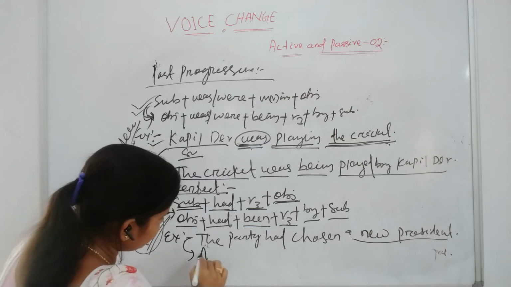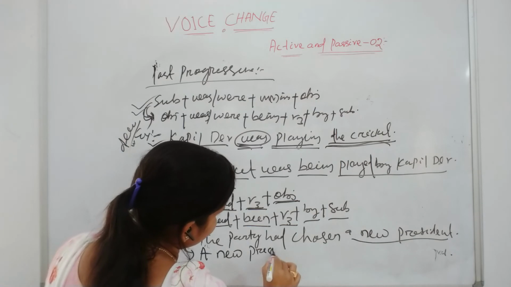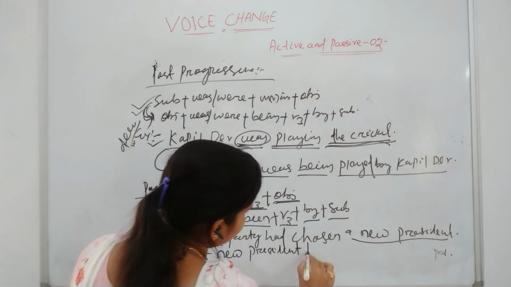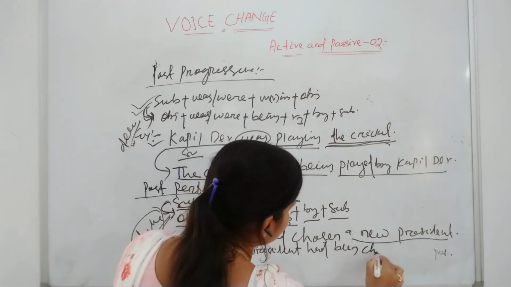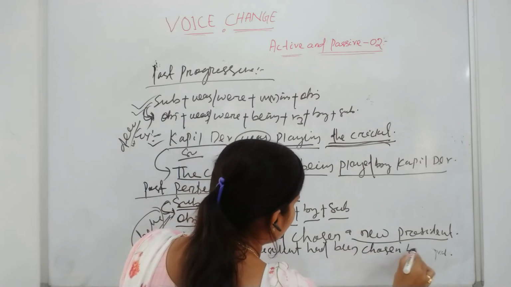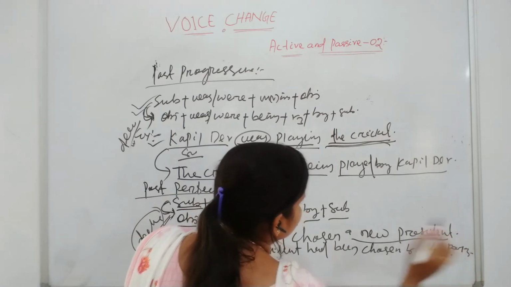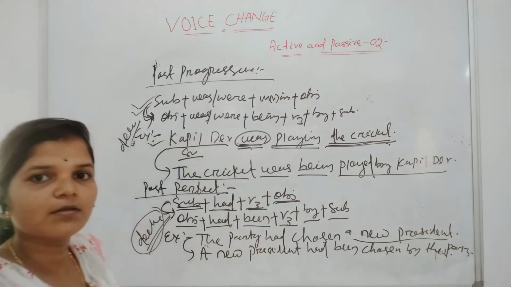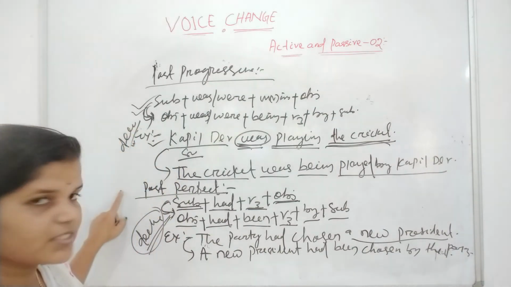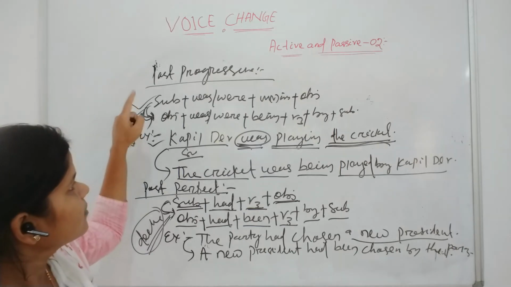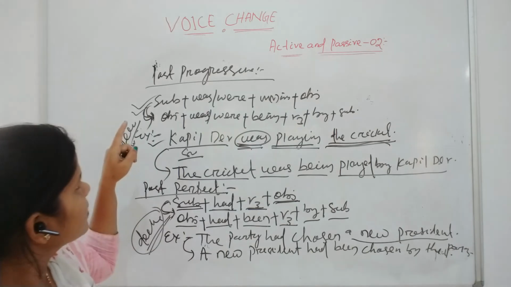A new president had been chosen by the party. Basically, we know that when converting active to passive, present perfect should add been,